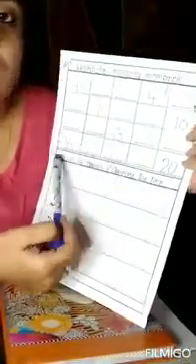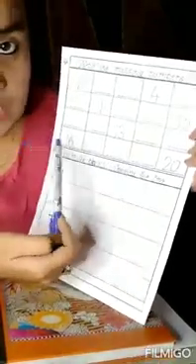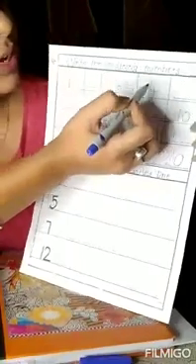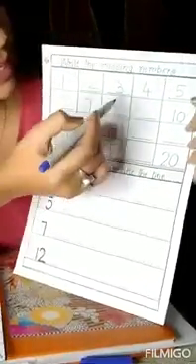Now next activity is write the missing numbers. Like before, we will do all the afters and befores and between along with 1 to 20 properly so that they can do this activity nicely. Write the missing numbers. Now tell them to say all the numbers loudly. They will say 1, 2, 3, 4, 5, 6, 7, 8, 9, 10 and so on.